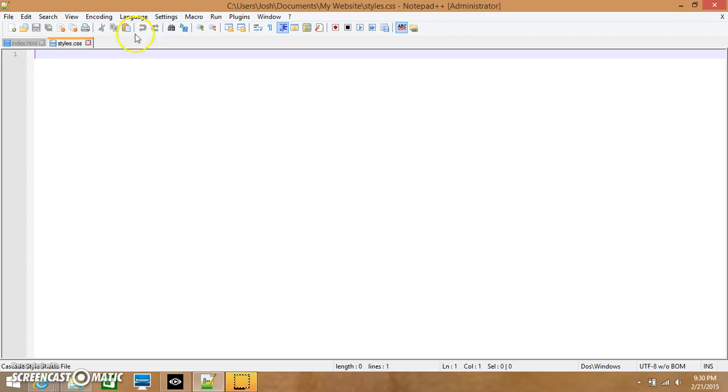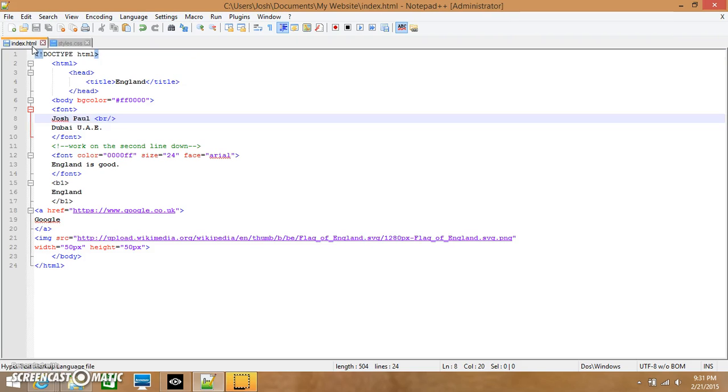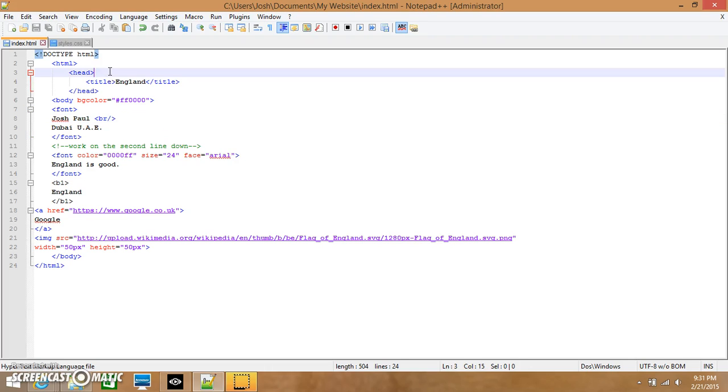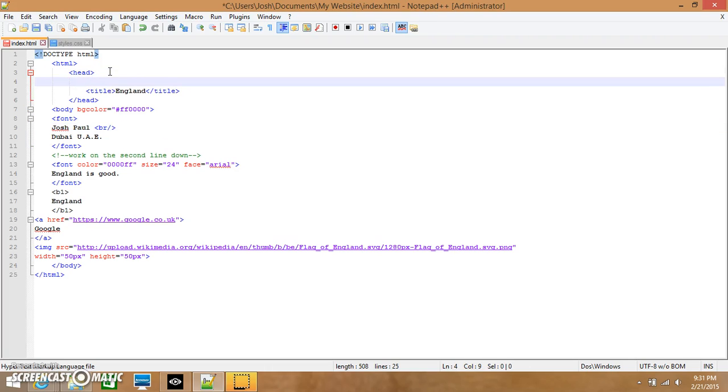Okay, so first you want to link these two pages together. So you want to go back to your original index.html, and now this time, instead of between body and body, you'll put it in between the two heads. So just make a space there. Be careful not to put it between title. So then you want to do there,